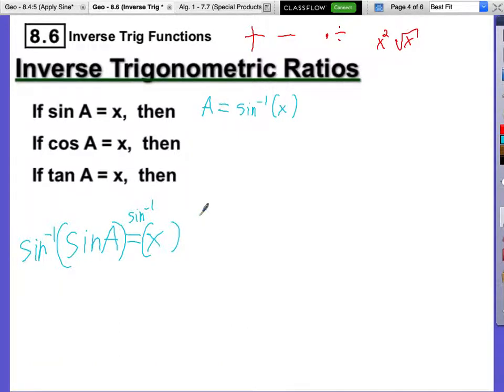Just like any inverse operations, they undo each other. So here, if I take the inverse sine of regular sine, they're going to undo each other, and I'll just be left with angle A. And on the right side, that's how we get the inverse sine of x. I want you to write that down in that space beneath the